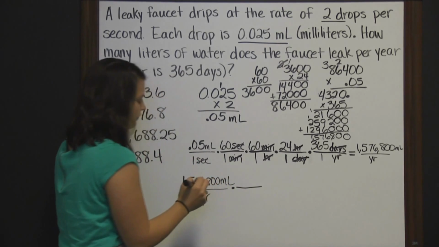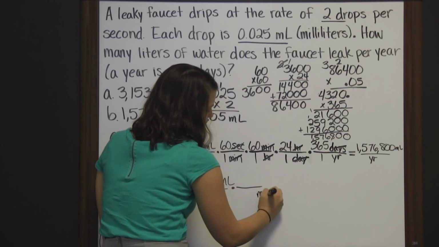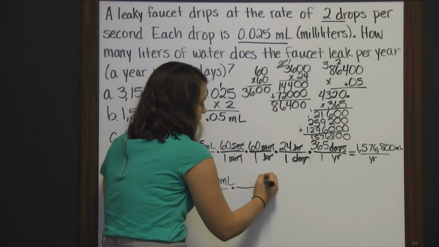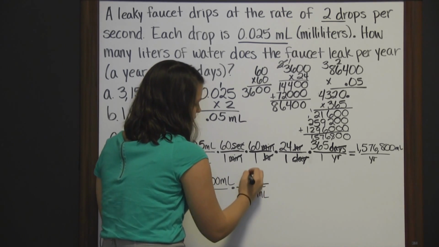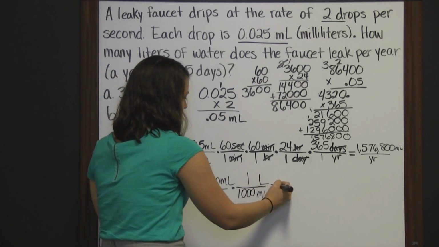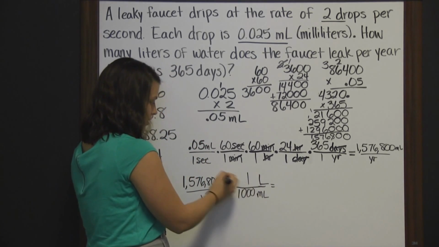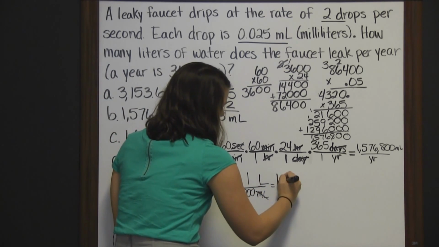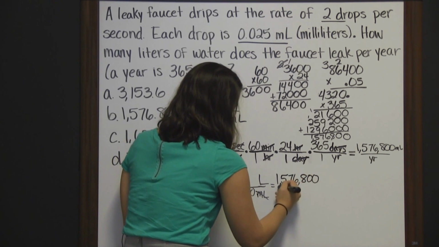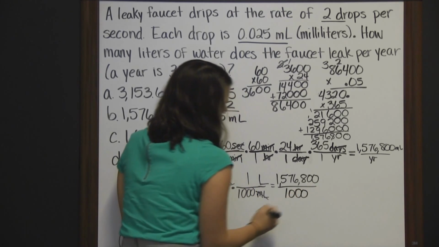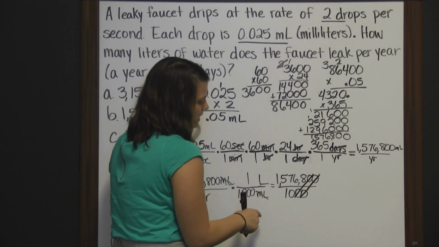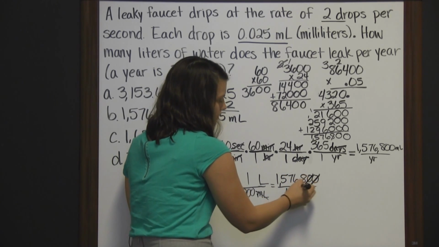So we can again use a conversion factor. So milliliters goes in our denominator so that it cross cancels out when we multiply. And I know that 1 liter is 1,000 milliliters. So when we multiply across, we get our milliliters cross cancel. We get 1,576,800 divided by 1,000. So we can cancel these two zeros, and then dividing by 10 means that our decimal moves in one